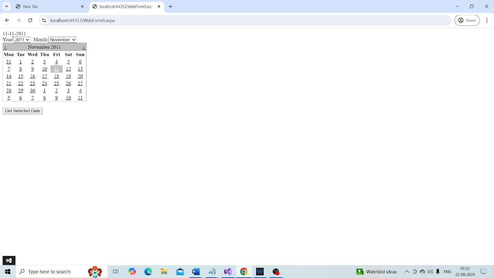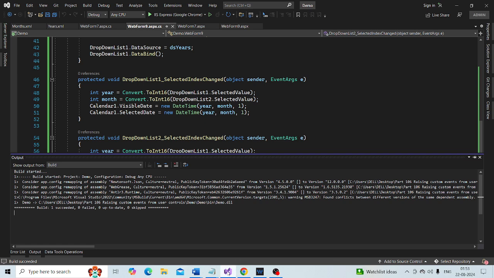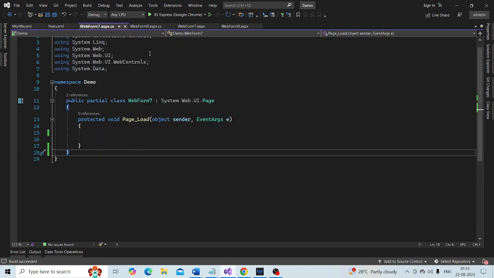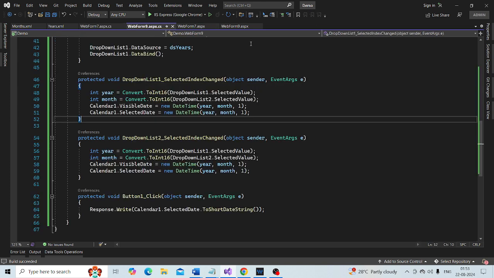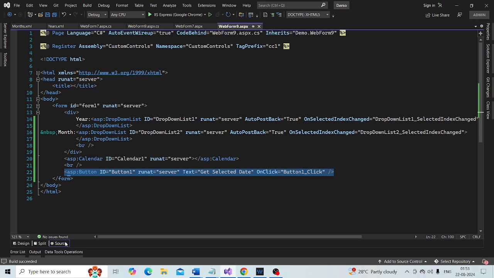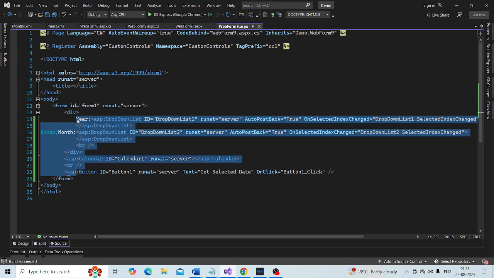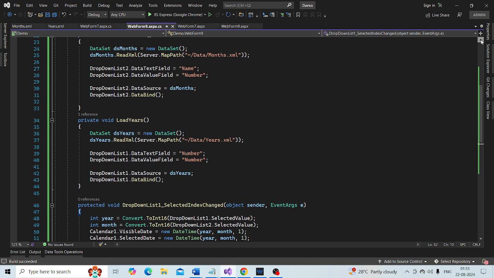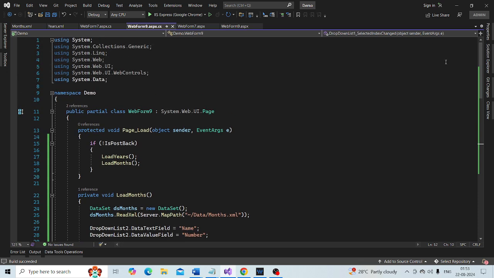In fact, you can navigate all of this HTML and all of this code into its own user control.